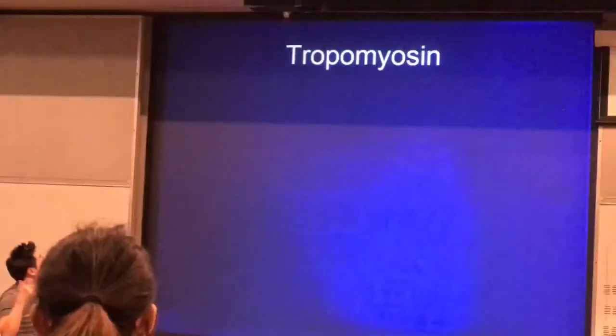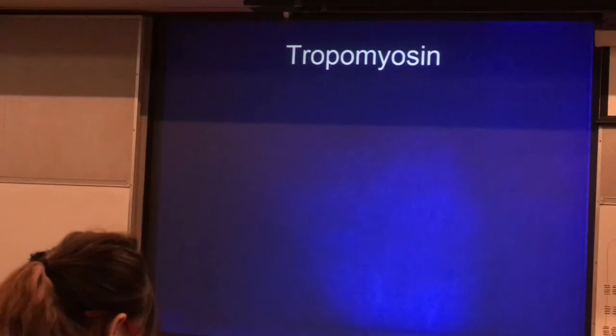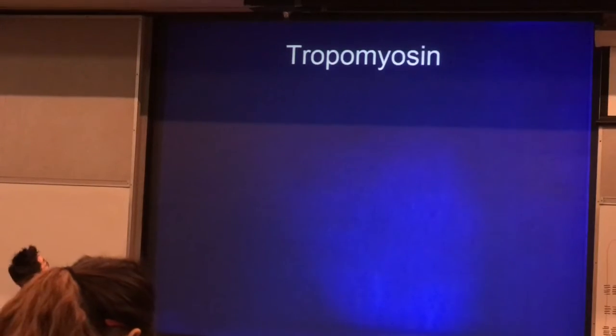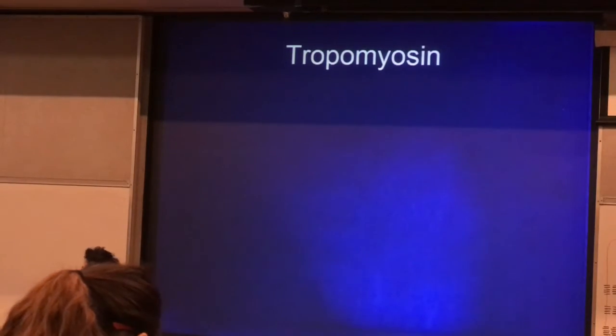Okay, next time we'll pick up with tropomyosin. Okay, so tropomyosin is where we're going to